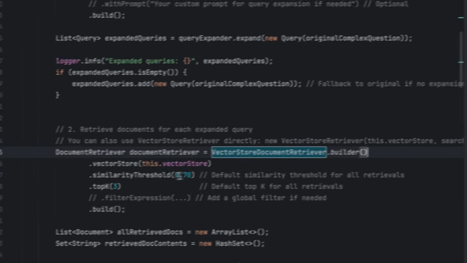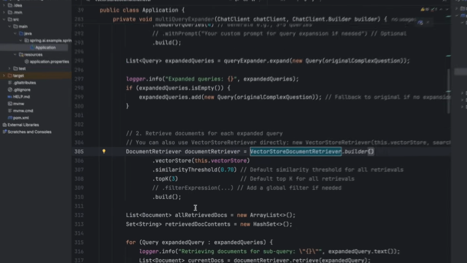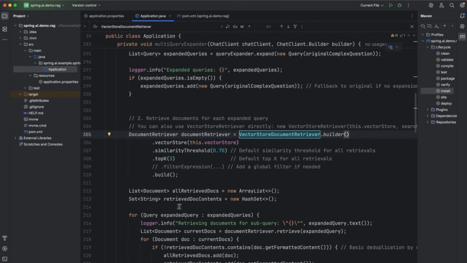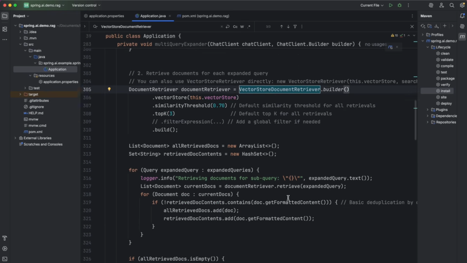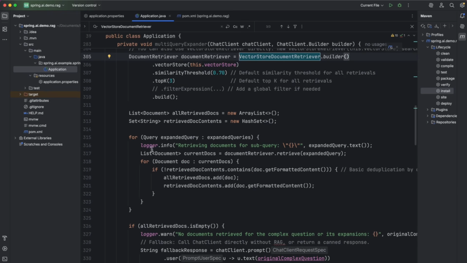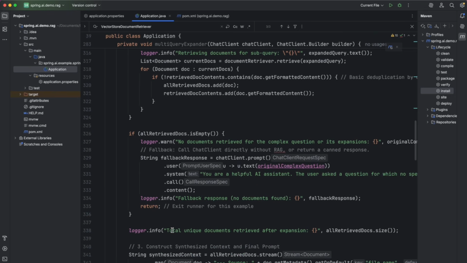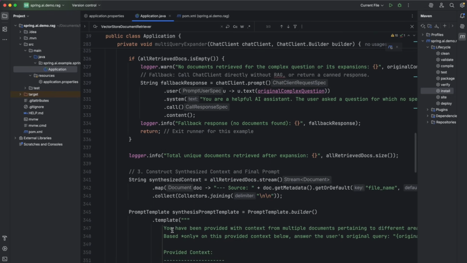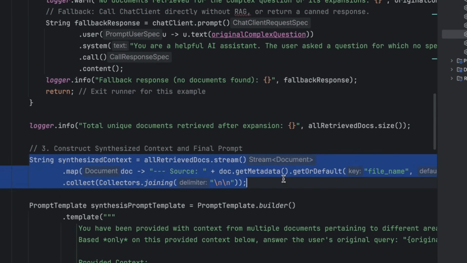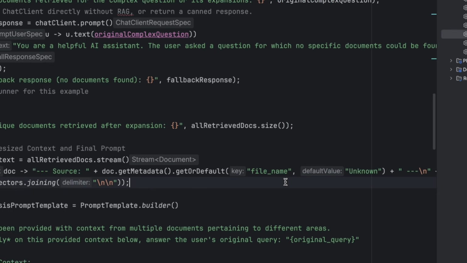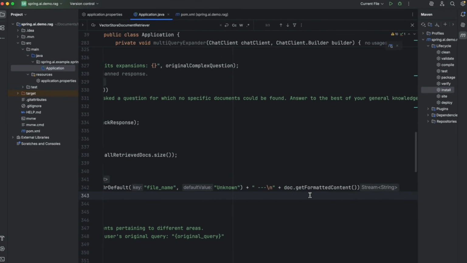For each variation, we call document retriever retrieve and collect all these documents, performing some basic deduplication. There is also fallback logic if no documents are found. Then we construct a synthesized context and a final prompt. We take all the unique documents retrieved from the query variations and concatenate their content into a single synthesized content